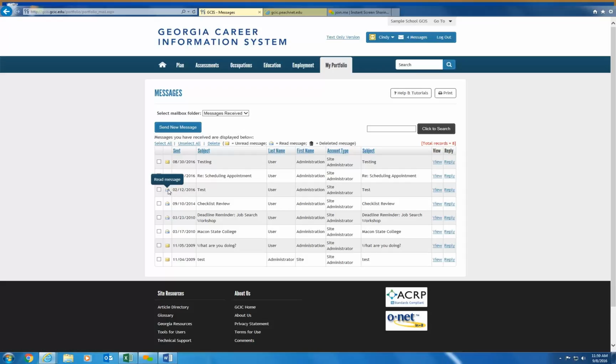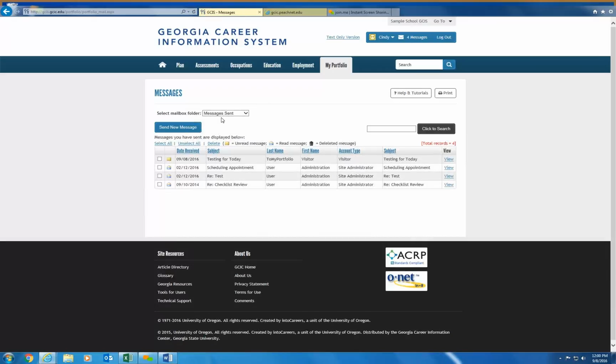This messaging board is internal, and it allows communication between the student, the site coordinator, as well as a parent if he or she has an account, as well as a visitor if he or she has logged into this particular paradigm. All right, and your students can also see messages that he or she may have sent.